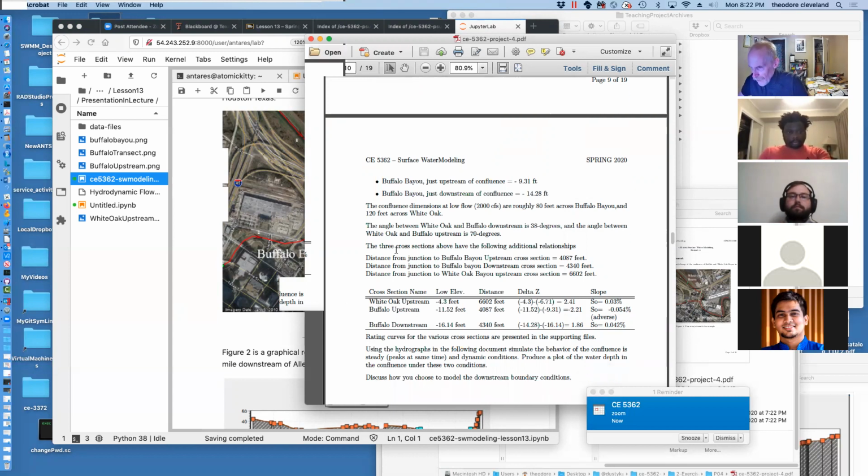Just to summarize what is provided, and then we'll go look at some of the data. Cross section White Oak upstream has its low elevation of minus 4.3 feet. It's 6,600 feet long, and the change in elevation is 2.41 feet per 6,600 feet